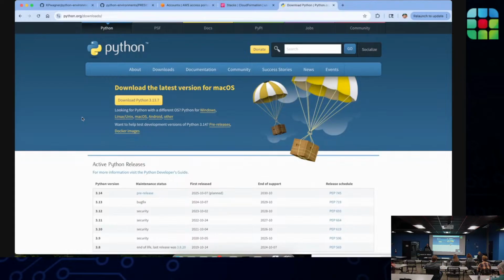So problems you have are, what if I want more than one Python version on my machine? How do I switch between versions? Depending on what you're doing, you may not care about that, and that's fine. But as you start to work across multiple different types of projects, as you start collaborating with other teams, working professionally, it becomes more of a problem that you need a specific version to match, say, a runtime of where your application will actually run. And we'll show that in the AWS app portion of this, where matching a specific runtime matters.